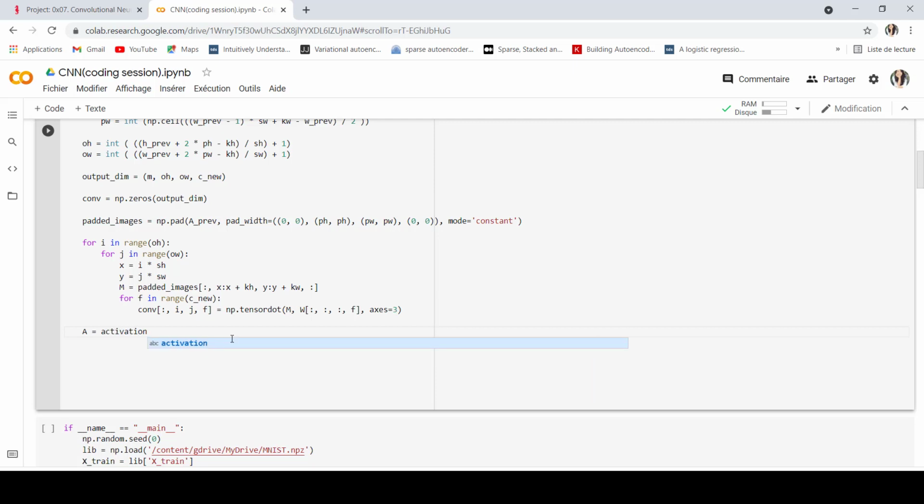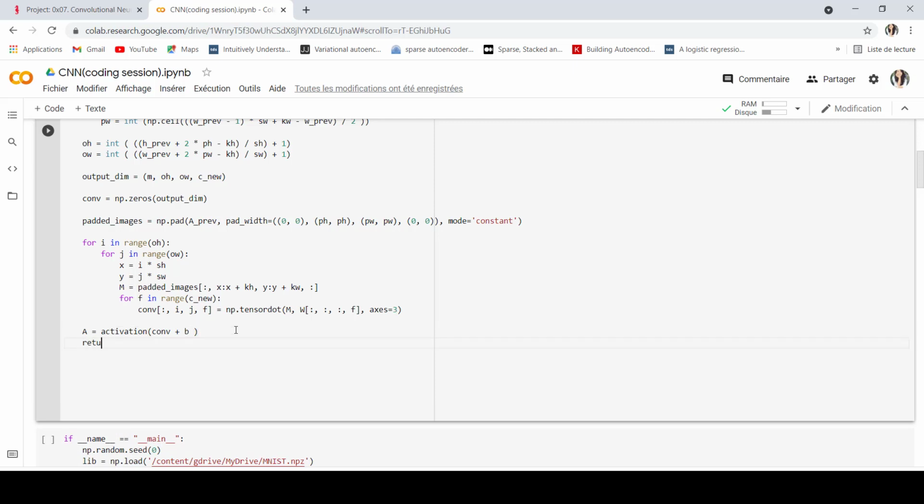The activation here is the function that we are going to activate our layers with, and it's going to take the convolution, which is my matrix, plus the bias. Then I will return this A. This is the only new thing that we add here.